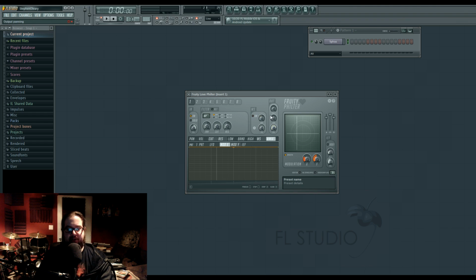And then over here we have the out. So let's talk about down here. We have these parameters. We got pan, volume, cut, res, low, band, high. Wave shaping isn't in the parameters. This is just how you make the wave shaper, and then the wave shaping mix. And then we have all these